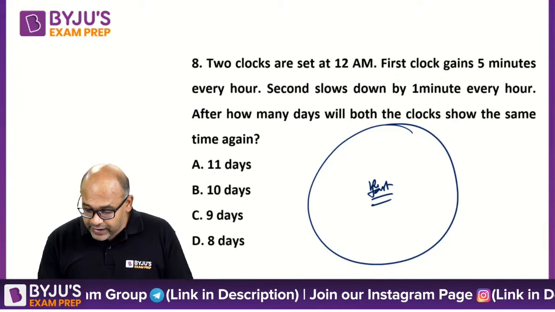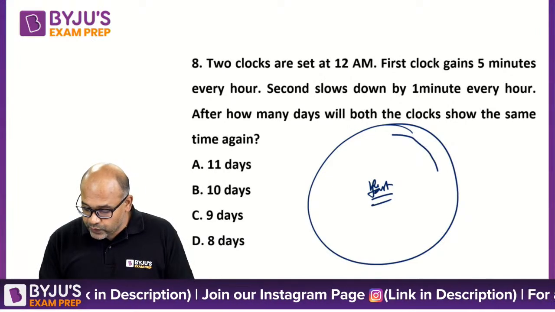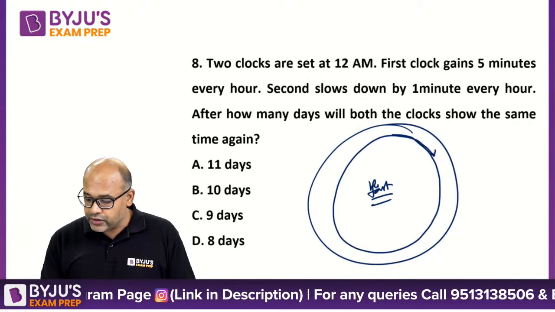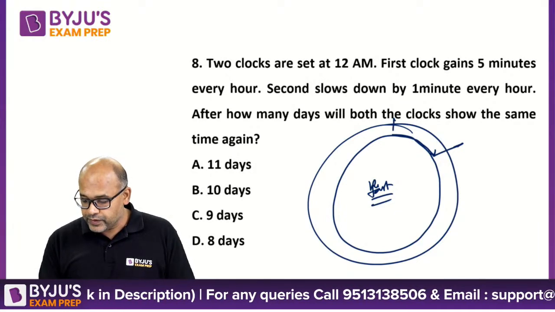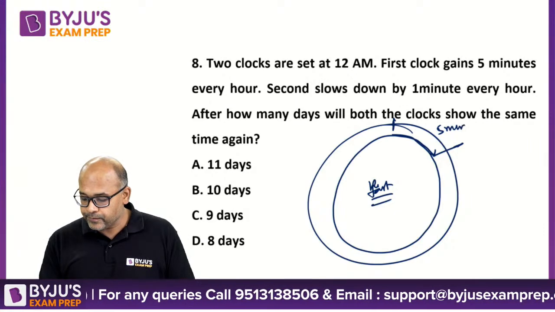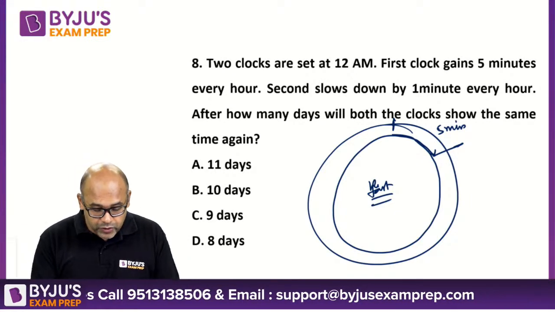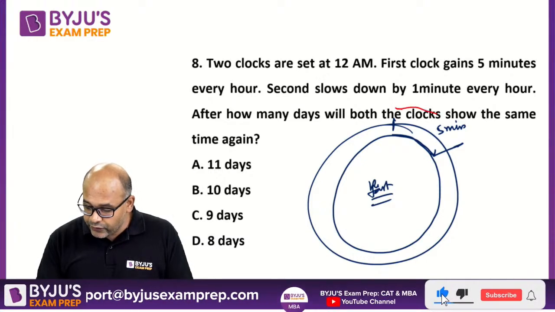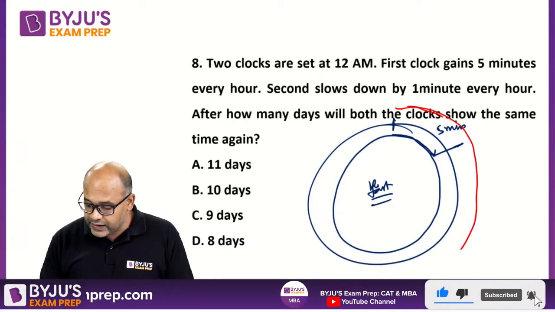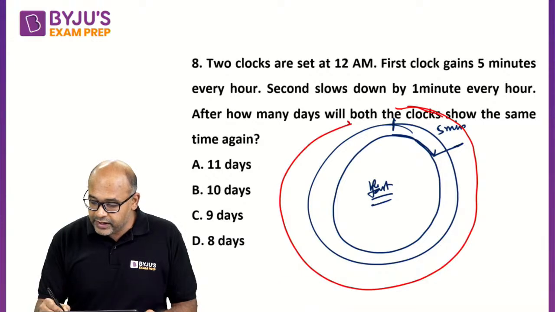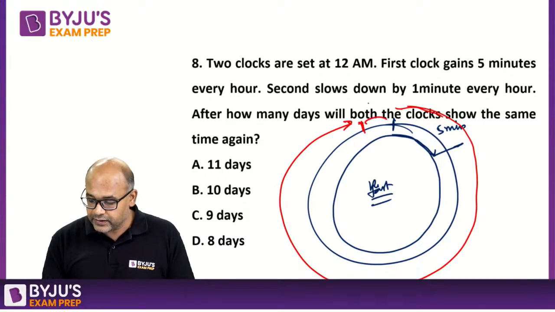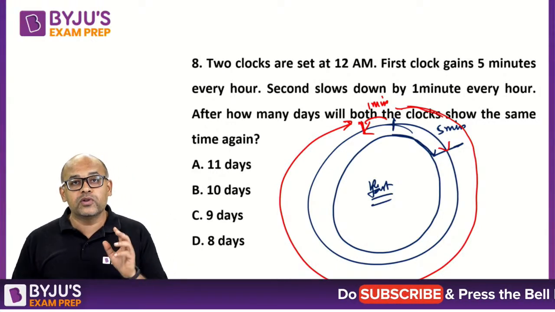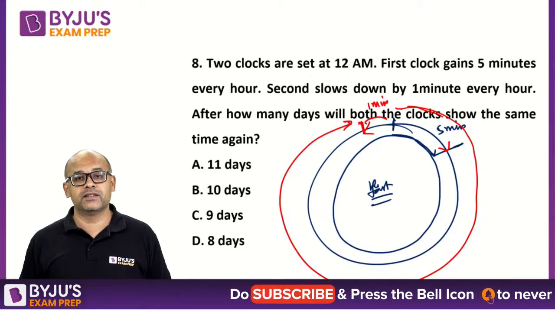So the faster guy, imagine, will finish one full circle and go extra. So this is the position. This is 5 minutes. Let's look at this slower guy. What is the slower guy doing? The slower guy will start, he will not finish the circle in 1 hour. In 1 hour, where is he? In 1 hour, he'll be here. 1 minute. So, even if you take it in the same direction, you will actually get the distance between them to be 6. Clear?